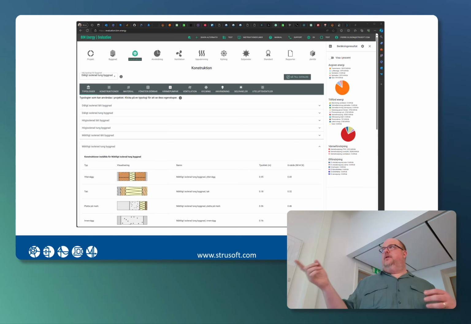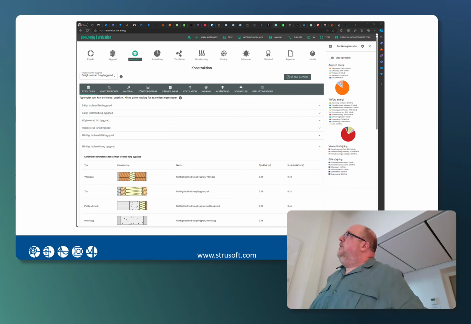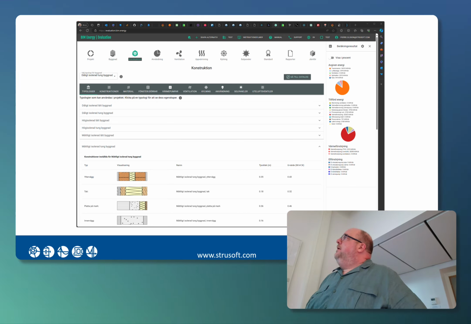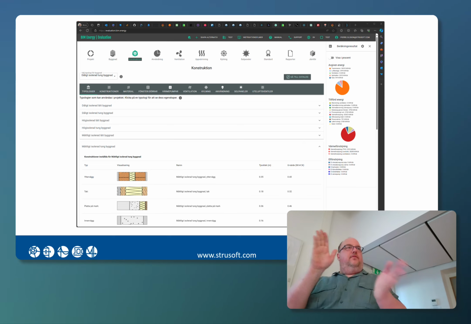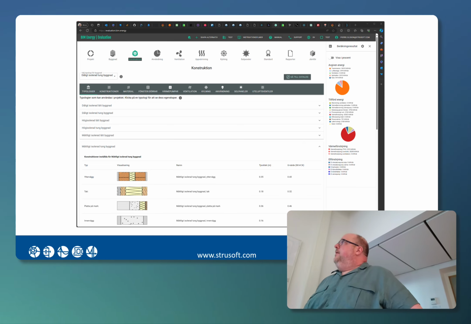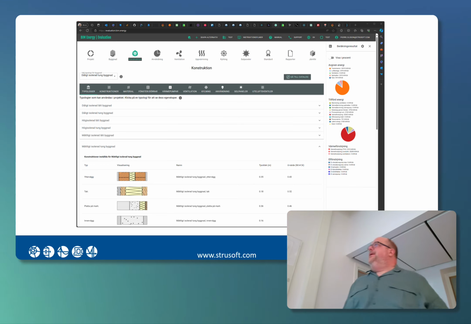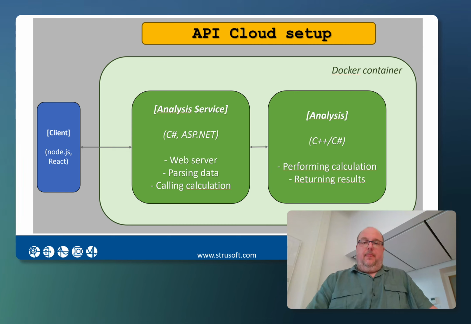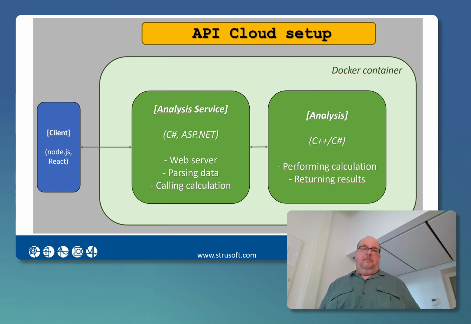Okay, I don't want this. I want another type of wall. Okay, and then you can see here at the right, it says in Swedish though, energy needed and energy supplied. So you can see how that, what is it called? Pie charts. They get different sizes depending on what changes you make, like direct feedback. So that's the front end.